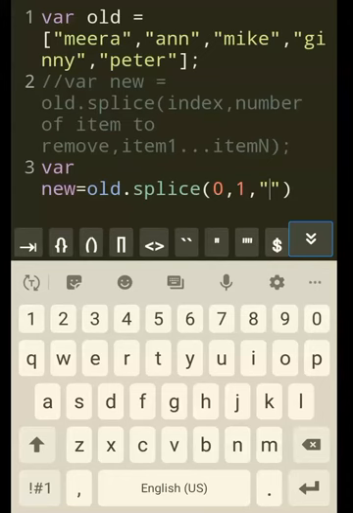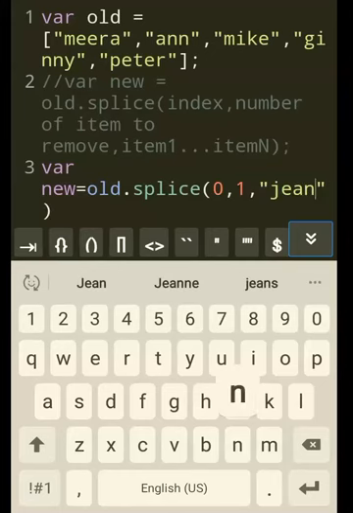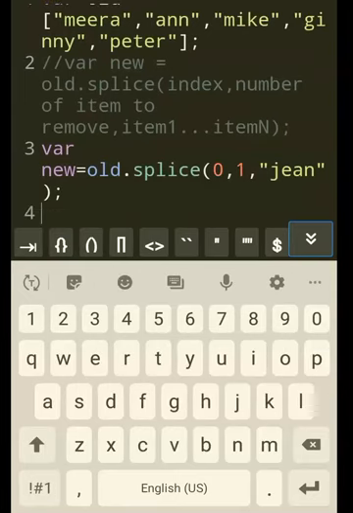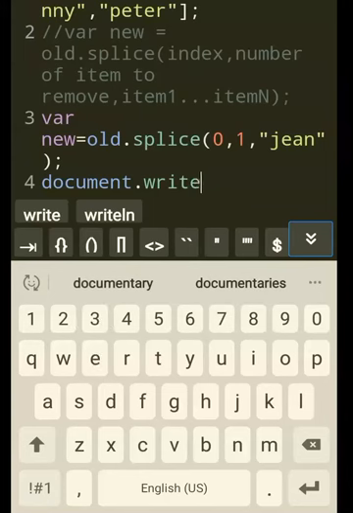Let me say Jean. I want to add Jean. That's the name, right? Then I put the semicolon, and then I call for the result. Document.write. I want to call for the old array because we want to check if the old array is mutated, right? That's what is supposed to happen.